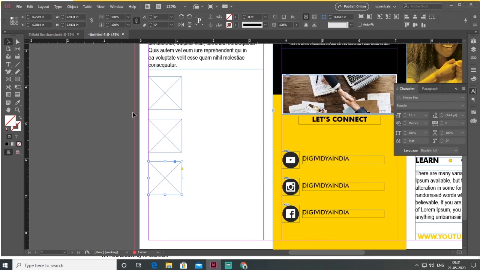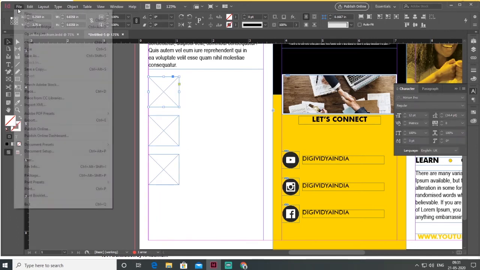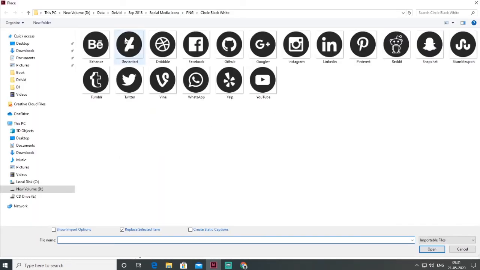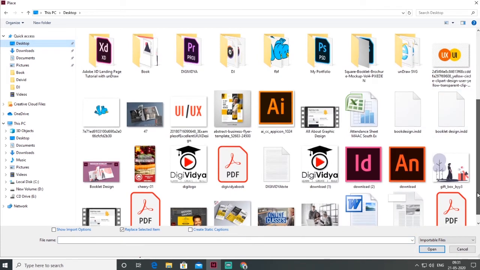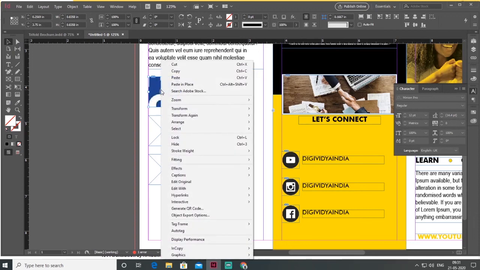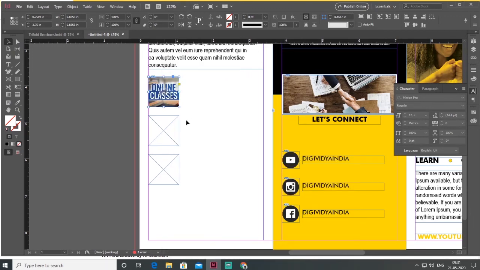So basically I have 3 frames. I select the first frame, go to file and place here an image. Right click on it, fitting, fit to frame.